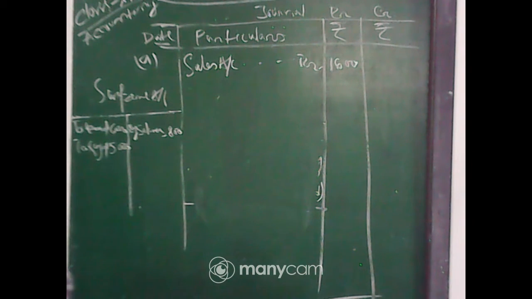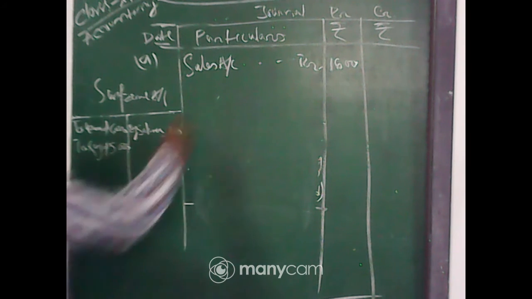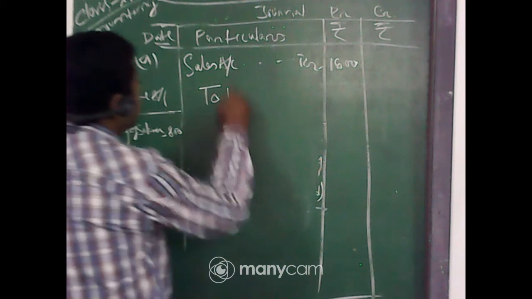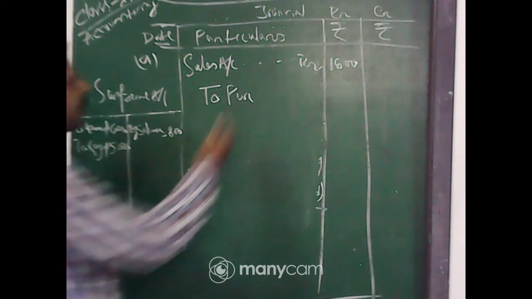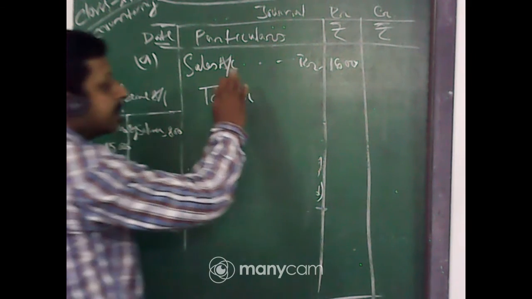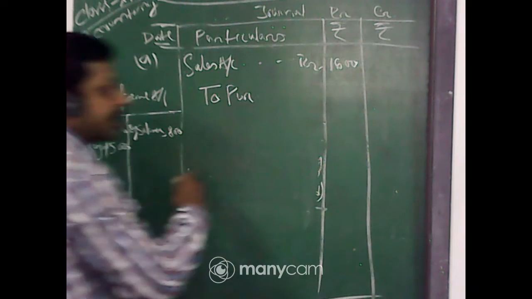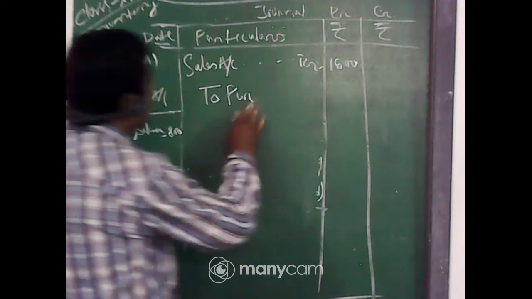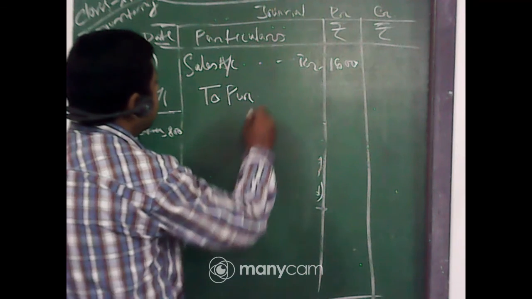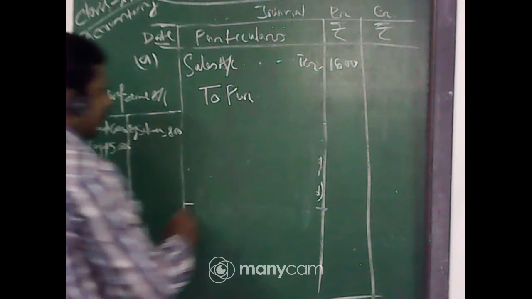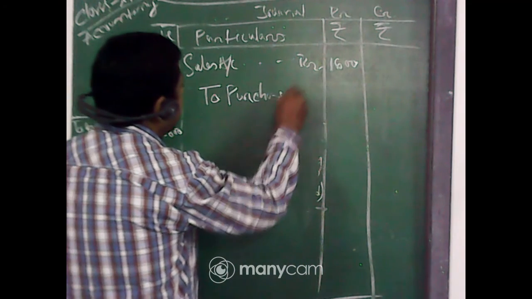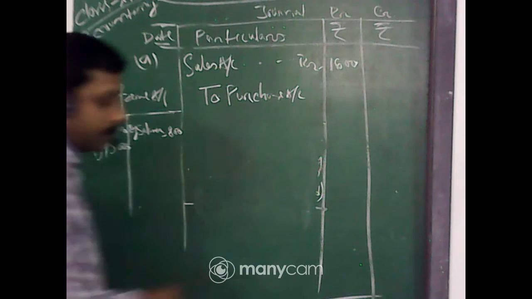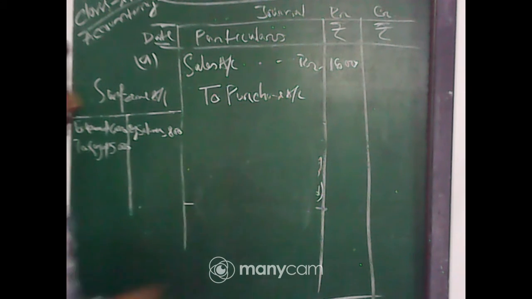What will be credited? Now you should credit the purchase account, but they didn't credit the purchase account. Instead of purchase, they actually credited the sales account, but in the rectification entry we just debit the sales to nullify the effect of sales. Now you have to make purchase credited, so I am crediting purchase in the rectification entry. So purchase account, what is the amount? Actual amount is 1000.